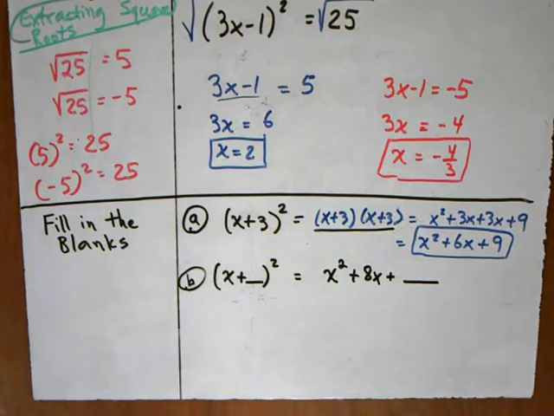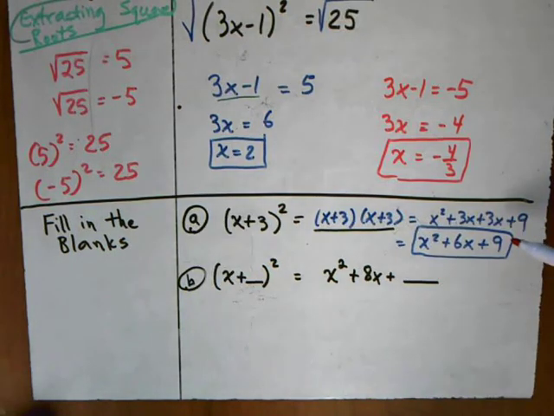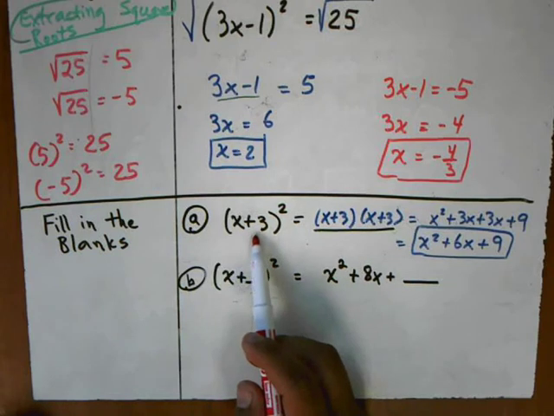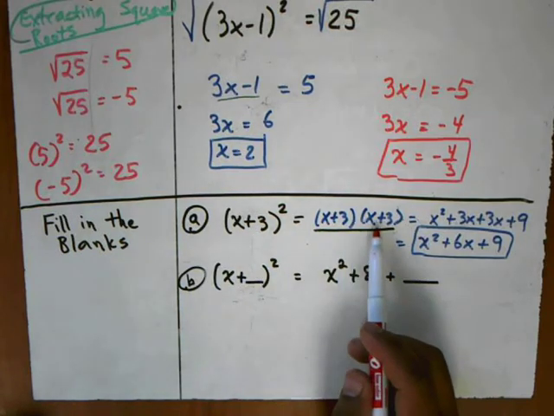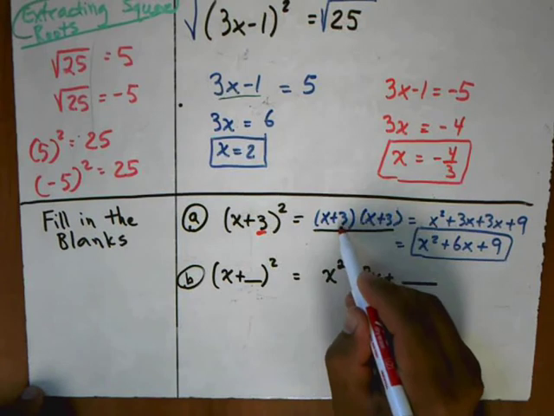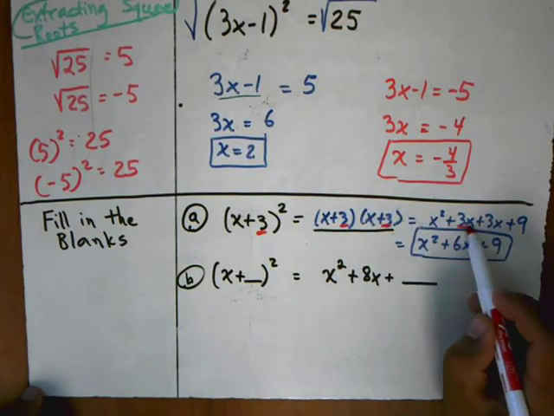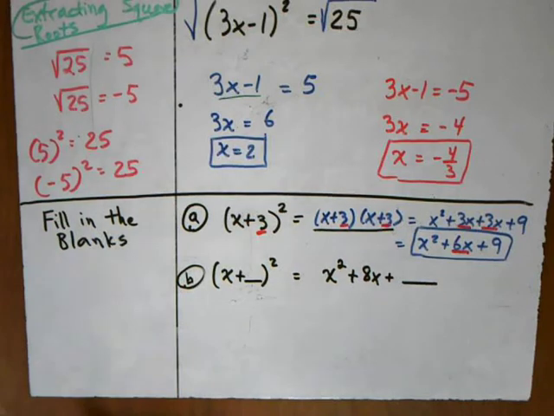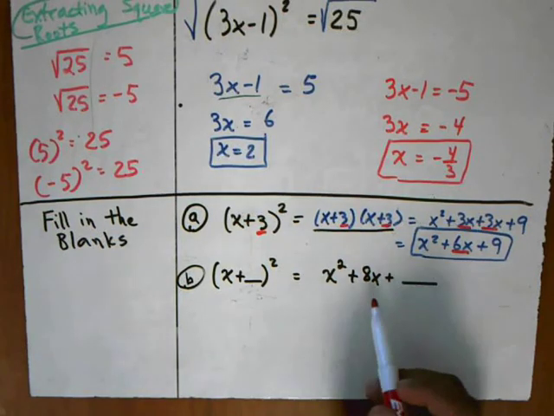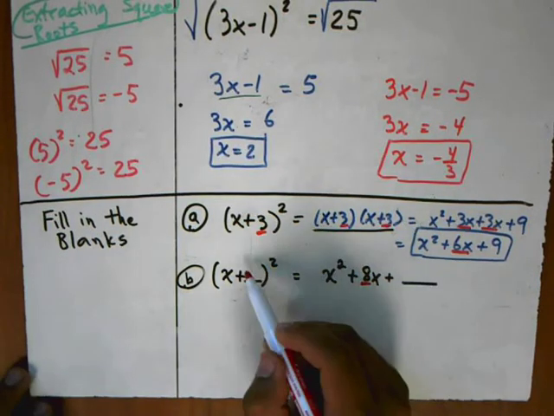So I've got a slightly more complicated example. This time we have two blanks to fill. (x + something) quantity squared is equal to x squared plus 8x plus 16. Okay? Now, to do this problem, it's a little bit tricky, but we can look back at our previous problem for a little bit of a clue. Here, when we squared this, we have this expression multiplied by itself. And if you notice that this term here is used twice, so we get 3x and 3x, which then turns into 6x. Okay? In this case, it's not 6x, it's 8x,